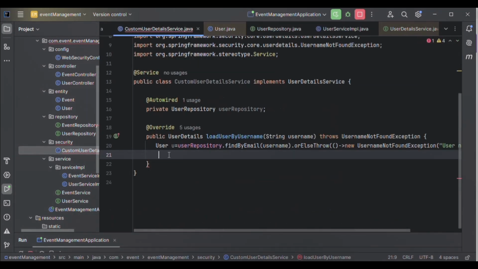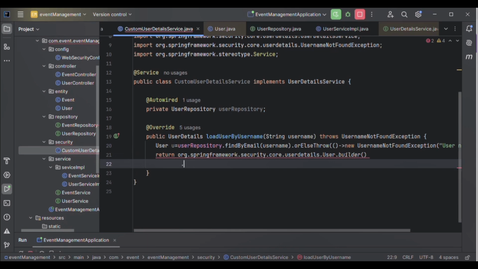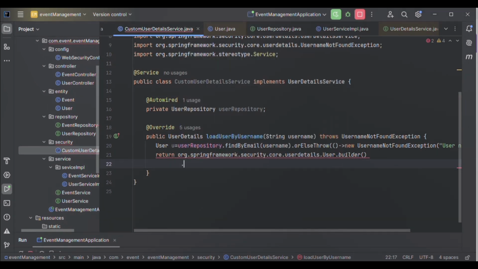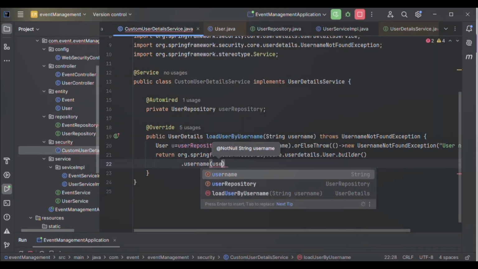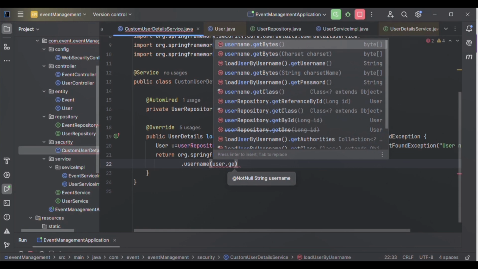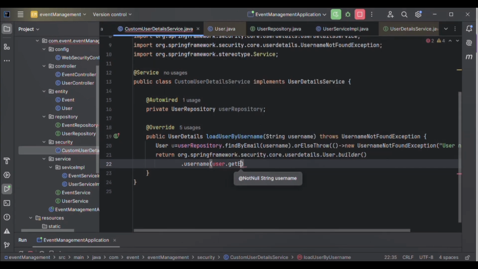Copy this package name, go to our UserDetailsService. Here we return, this is our package where we have the User class. We use the builder, set the username and password. We have the method username, and we pass user.getEmail.